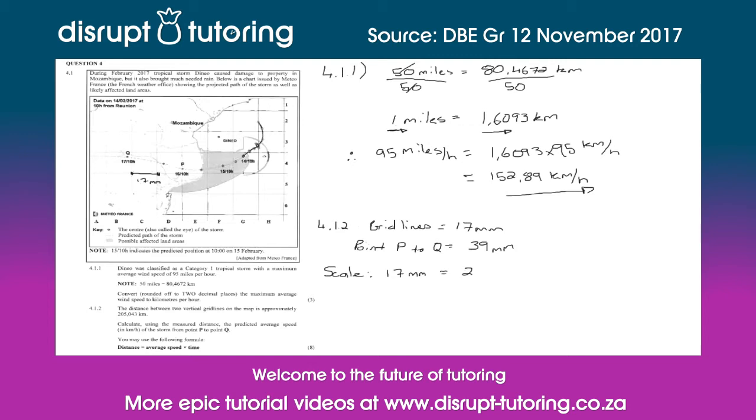So it's, as I said, 205,043 kilometers. So we want to find out what 1 millimeter is, so we can divide both sides by 17. That still keeps the equality of the equation. So then, therefore, we know that 1 millimeter equals 12,061